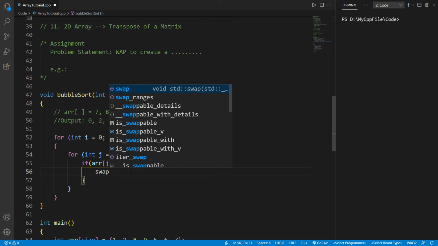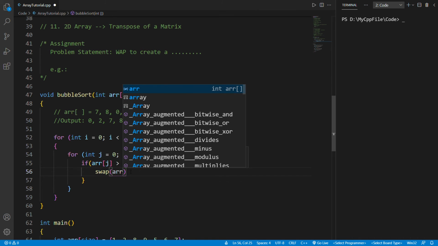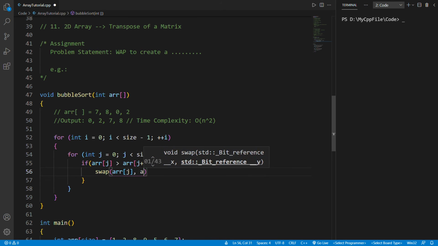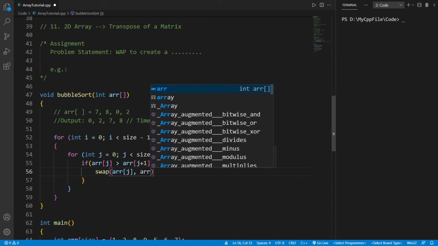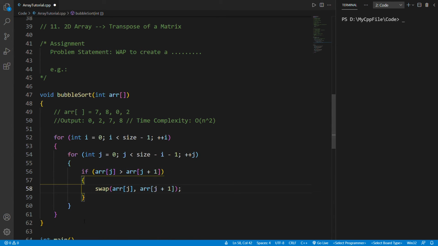So here I'll be using the inbuilt function, that is swap of two elements. It's nothing but swap(arr[j], arr[j+1]). Fine. As we have used two loops, the complexity is O(n) square.